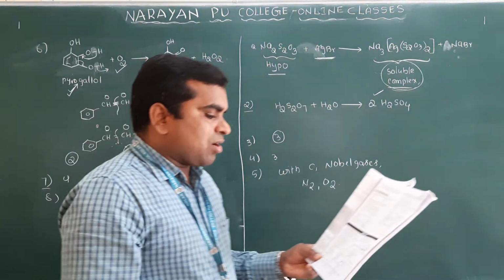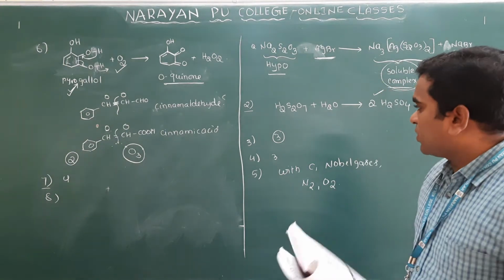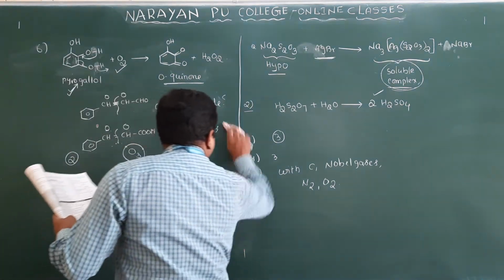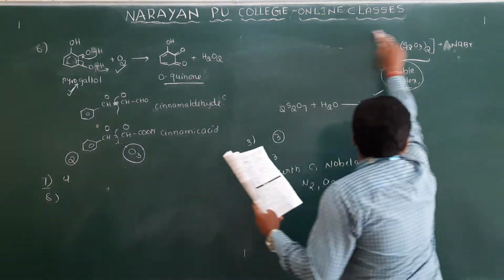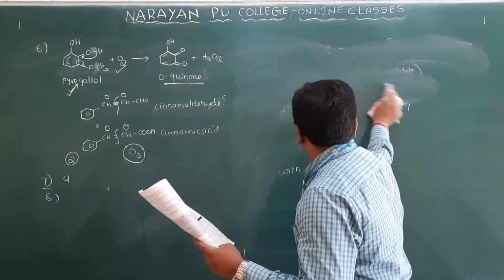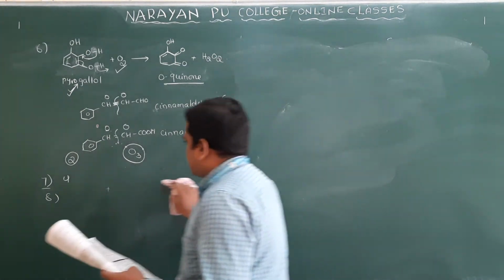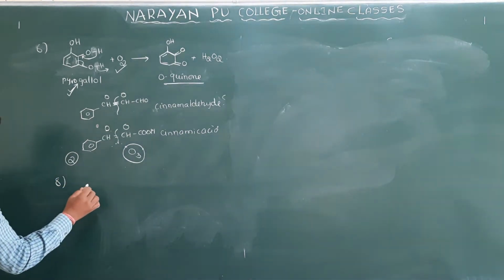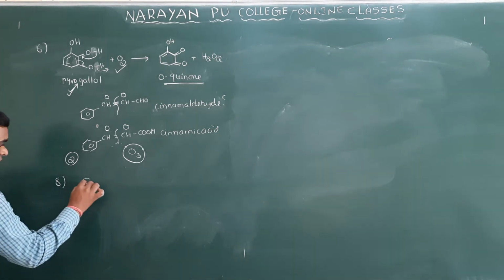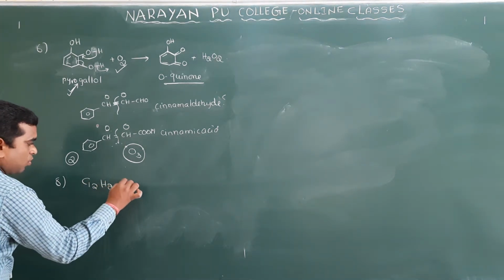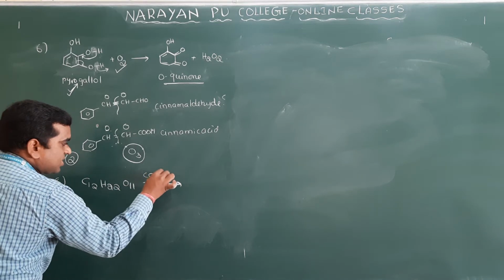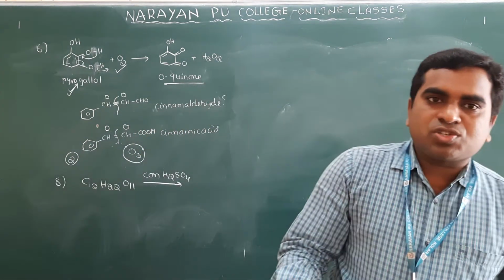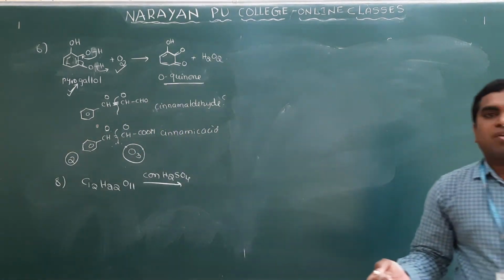Clear? So when concentrated H2SO4 comes in contact with sugar, it becomes black. Then they are asking, this is due to what? See, what is that one? Sugar, you know what the sugar is? Sucrose. What is the formula of sucrose? Sucrose formula C12H22O11. When it is reacted with concentrated H2SO4, you know that concentrated H2SO4 acts as a powerful